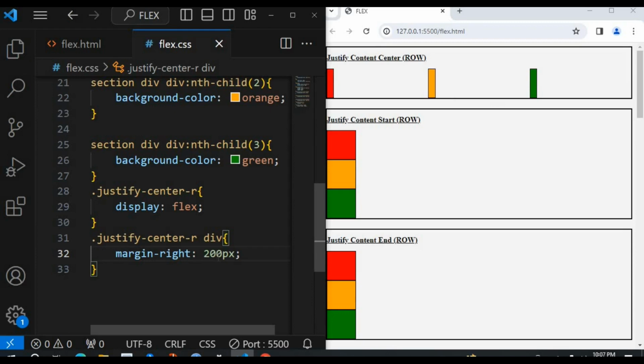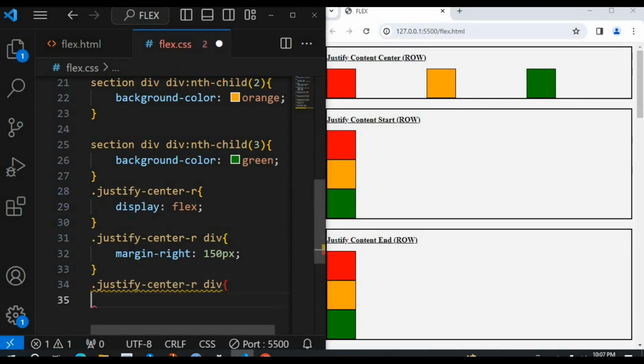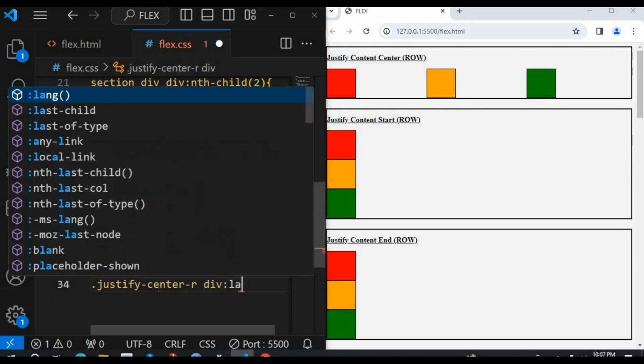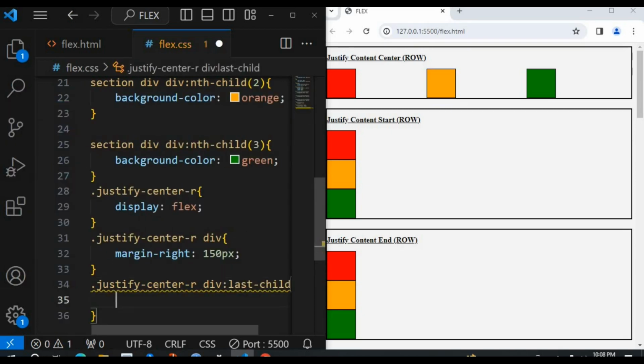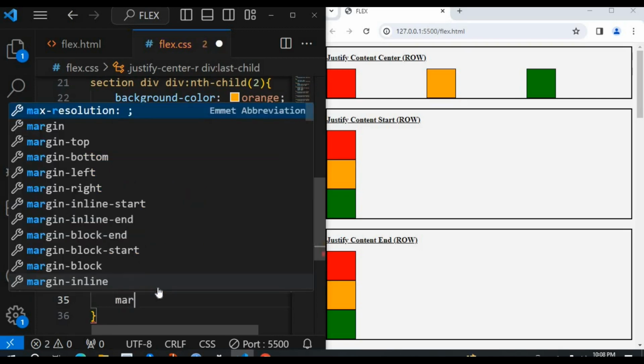Margin right. You can see how it is bumping it up because it is now too much. It is now shrinking the size. So I'm now like okay, this is not what I want. So I'll say 150 pixels. And again, with this 150 pixels, there's going to be a margin right of 150 pixels here, which I don't want. And you can see everything I'm doing. I'm going to have to come here, right? I'll say last child, right? I can come and say last child, margin right